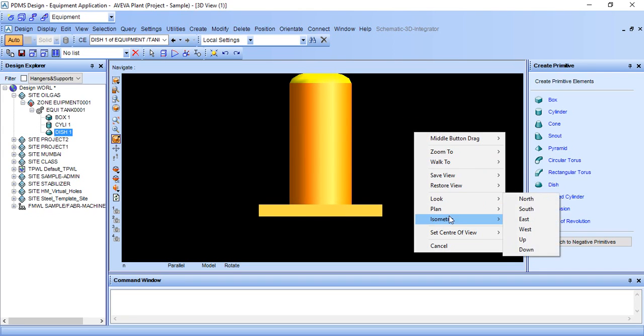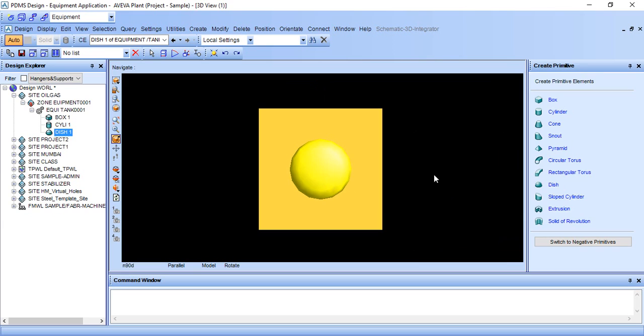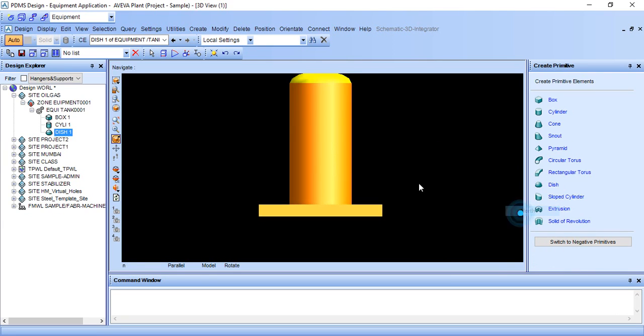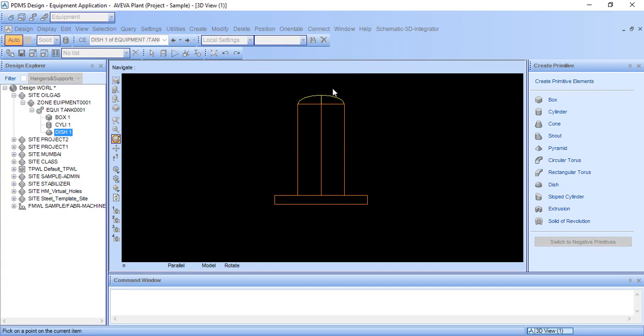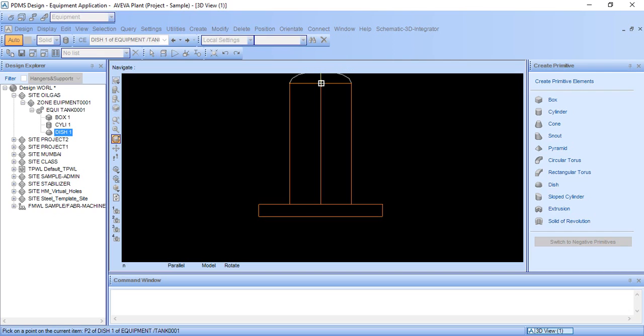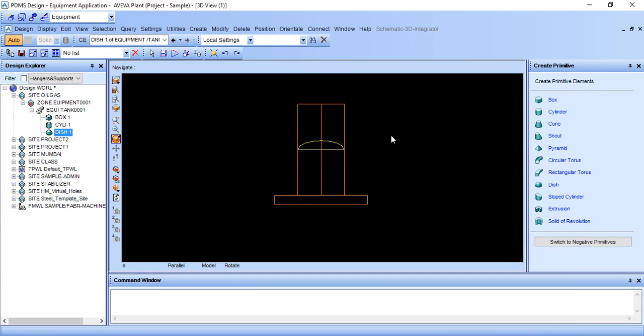If you want to see top view, go on plan north. This is top view. So I am intentionally moving this object to this point.